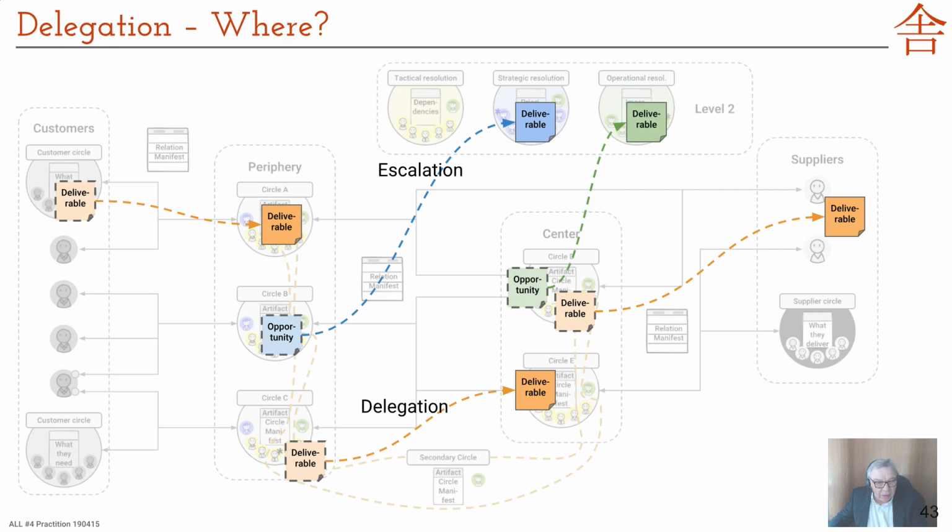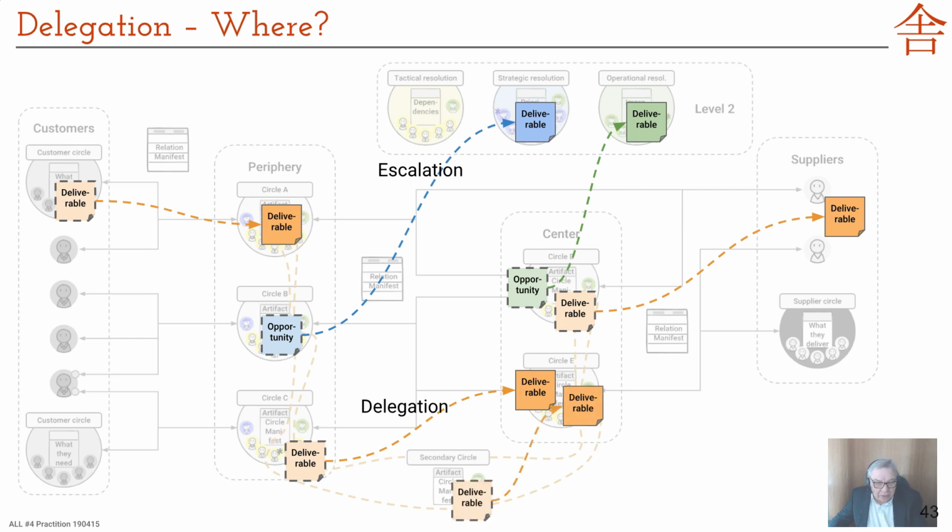And in the same way, there may be an opportunity or an impediment, a stone on the way here in Circle D, and they say, we don't know how to handle that because that is bigger than us. It involves the whole organization, and they escalate it to the Scrum Masters, who meet regularly and try to resolve those things and agree on it and have sensible cross-team decisions. So the delegation upwards is any time that you have something that is just too big for the single team